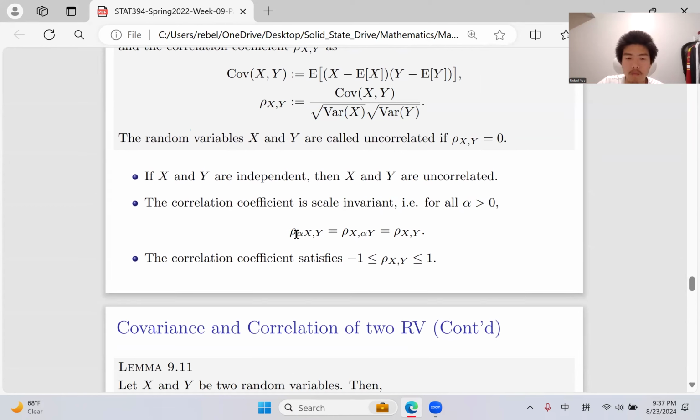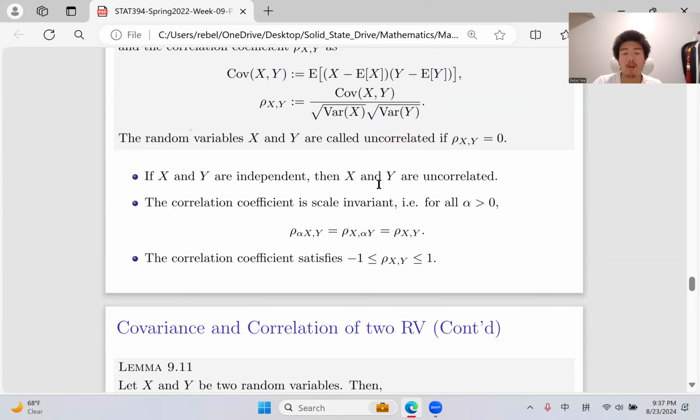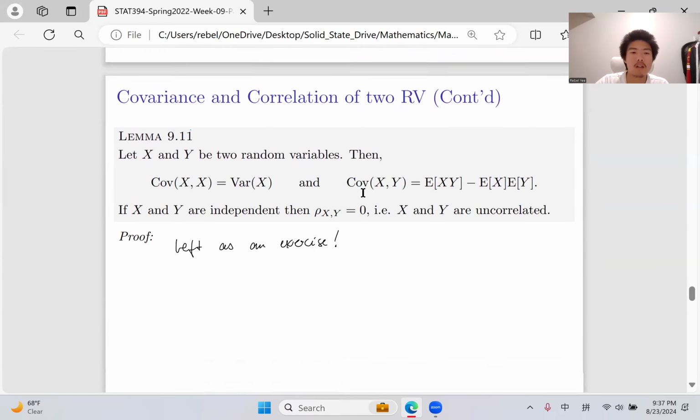the correlation coefficient of a constant times x and y is equal to the correlation coefficient of x and y. So multiplying any constant or coefficient to a variable x and y doesn't change this coefficient value. Which means it's a good indicator. As you can calculate, if it's very close to 1 or -1, it means it's strongly positively or strongly negatively correlated. And if it's close to 0, it means it's weakly correlated or not correlated, in theory or in fact. Okay.